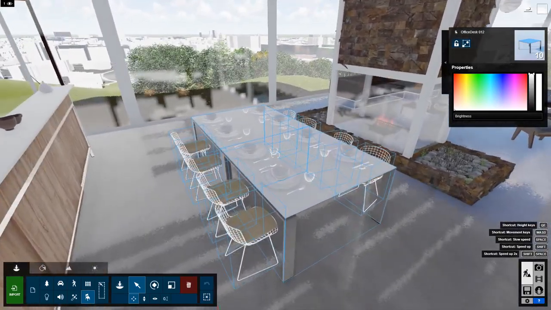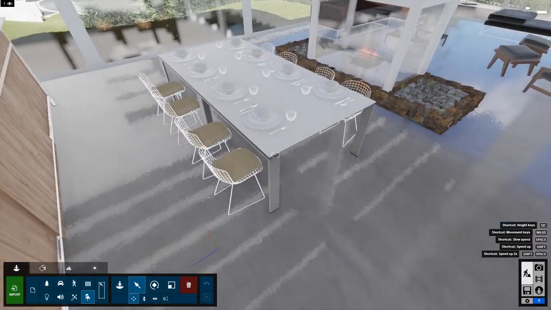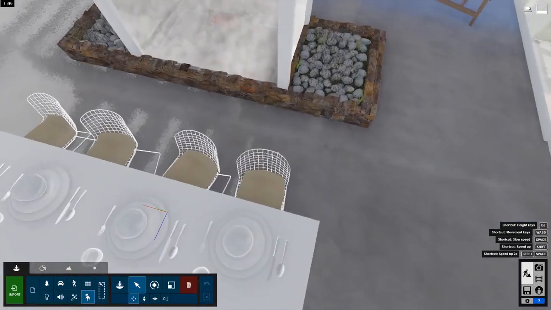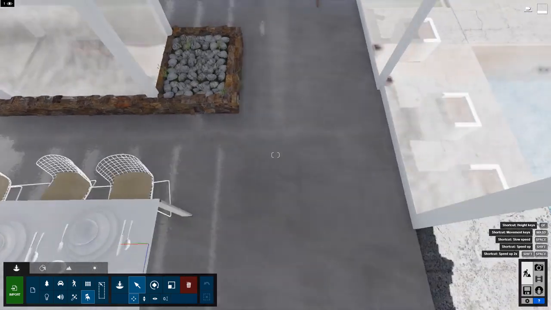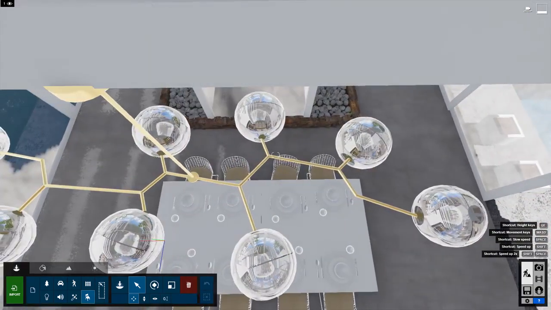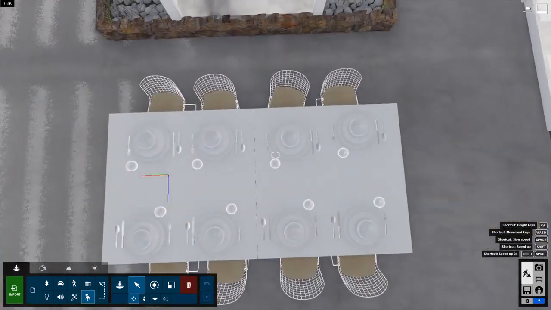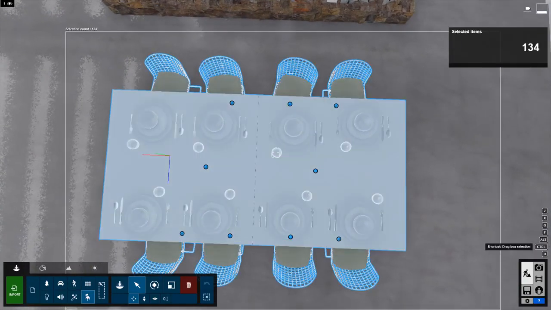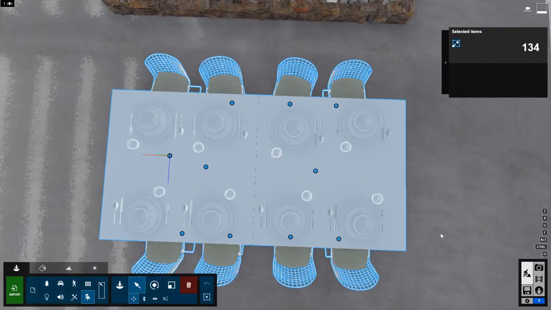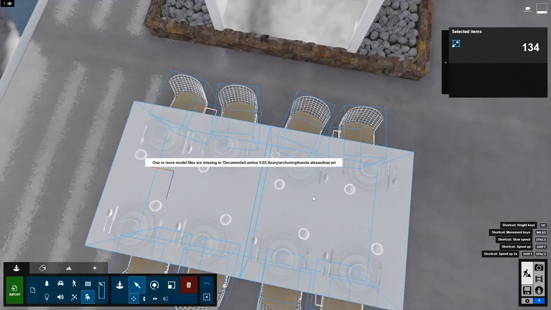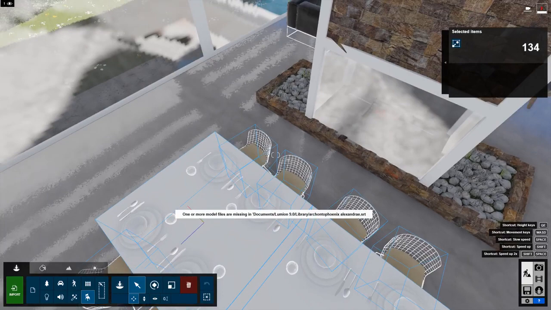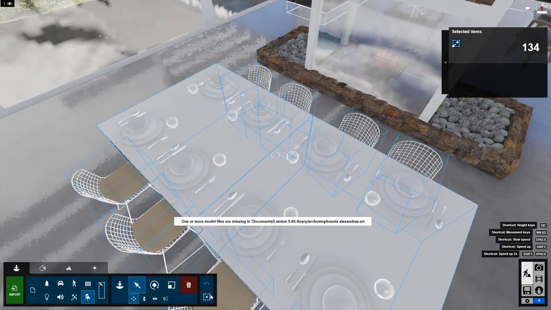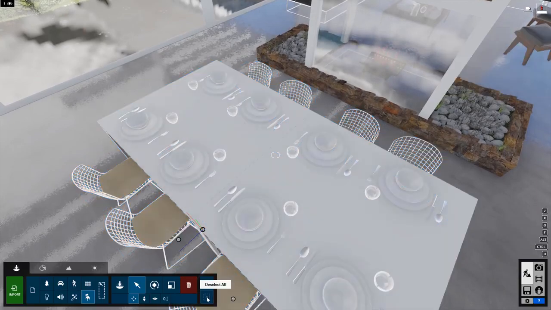I can tell you too that navigating to a view that is strategic for what you're working on, that's another strategy I definitely recommend. So if I navigate to a better view here, like from above at this table, this would be a much better place for me to make a window selection, looking straight down on that table. But keep that in mind. Navigate to a view that is strategic for what you're working on. All right, and I can click Deselect All.